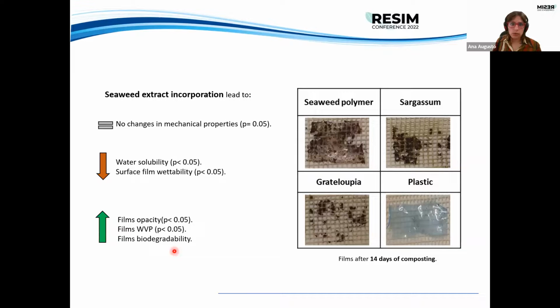So after this, we did some tests, because we had to understand the effect of these seaweed extracts' incorporation into the polymeric matrix. And after that, we did not observe changes in the mechanical properties. However, we observed a decrease in the water solubility, which is a really good result, because when we decrease